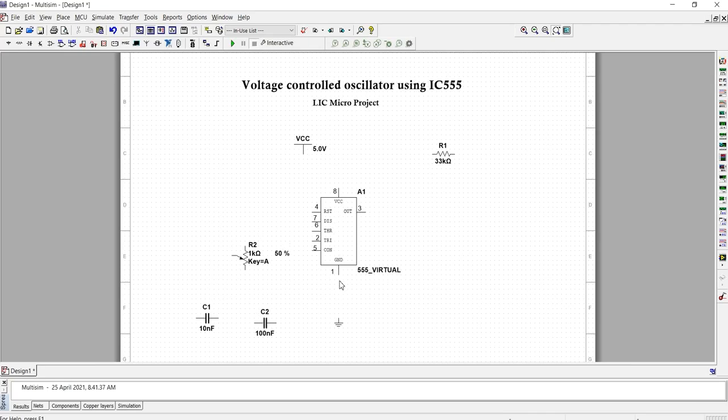Now we see the connections. First, pin number 1 is connected to ground. Connect VCC to pin number 8.